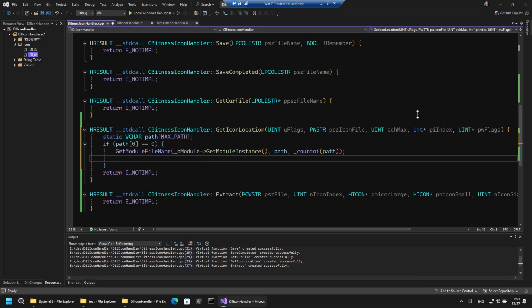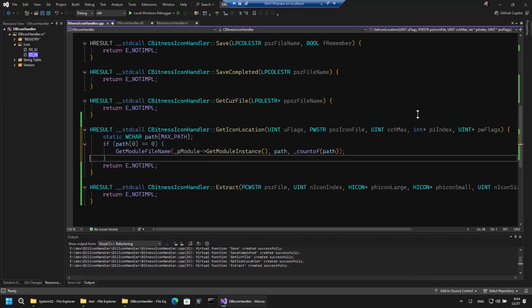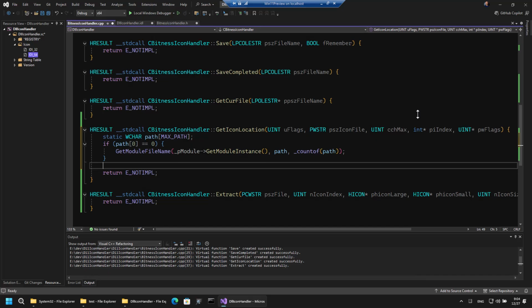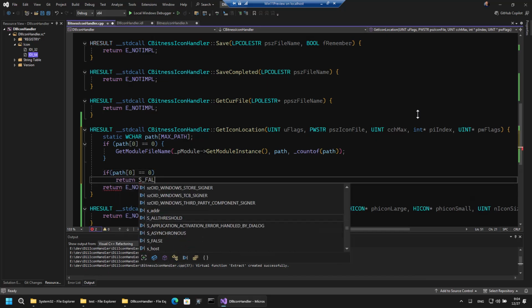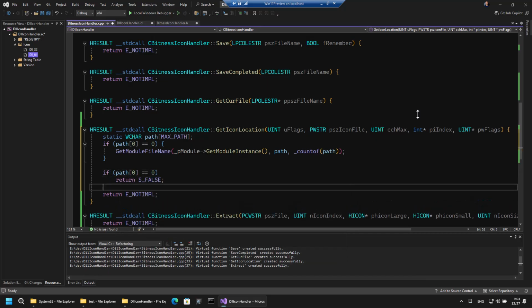And basically we're done. If this doesn't work, things are really bad, but I'm not going to bother checking that, at least not too much. And we're going to stick with that. So, well, let's just do a check anyway. If path here is still 0, it means something went wrong. There's nothing for us to do. We're going to return false. This is required to say that we have nothing special to say about this file. So the usual, the normal, the default behavior should commence,